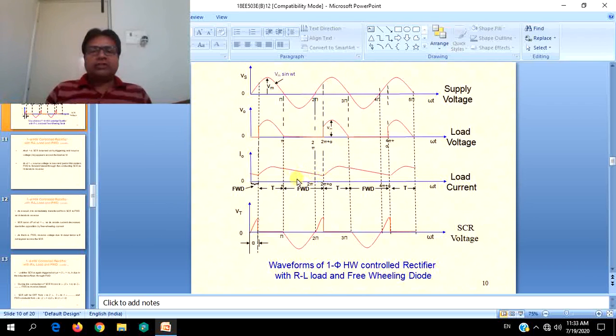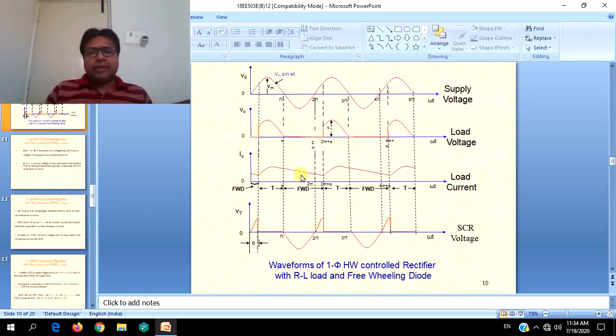If the load inductance were less, this current will become 0 even before 2 pi plus alpha, or it can even become 0 or come to its minimum value at an angle less than 2 pi also. So the current can decrease to its lowest value possible even before 2 pi plus alpha or 2 pi, which depends on the value of the load inductance.